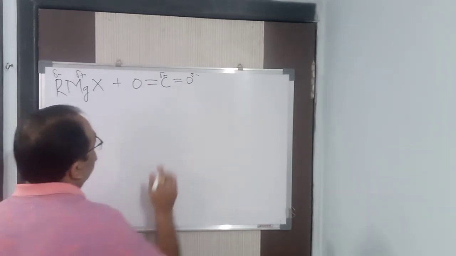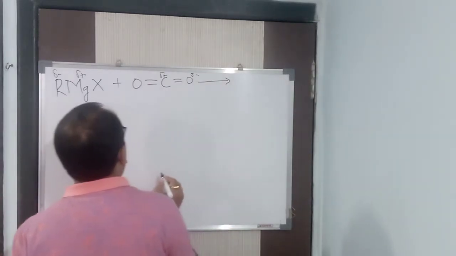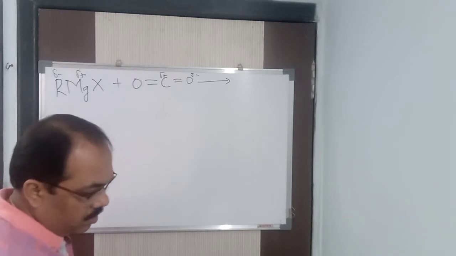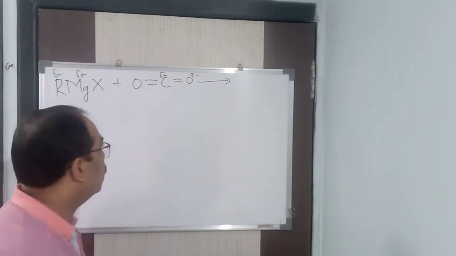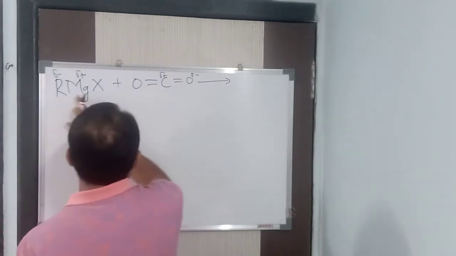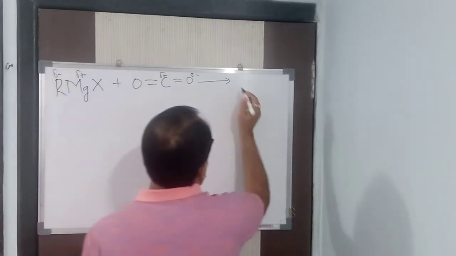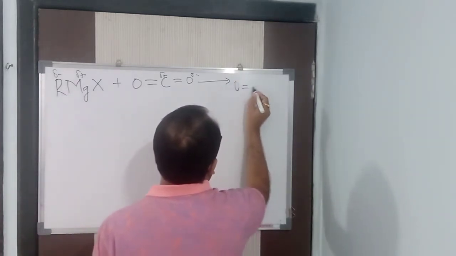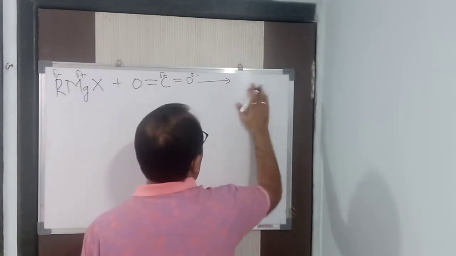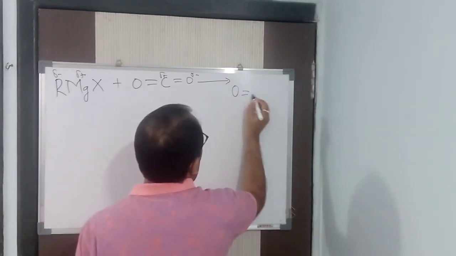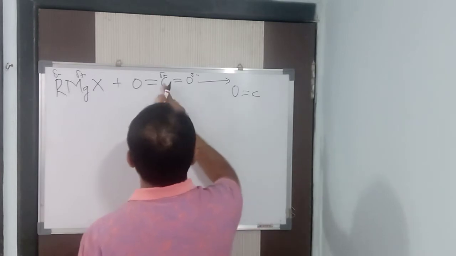Fine. So you know that the first step in a Grignard reaction is always an addition reaction. So how to add it? For that reason only I did the charge separation. Got it? So O double bond C here. Let me write it below a little bit. O double bond C. Now C is positive.